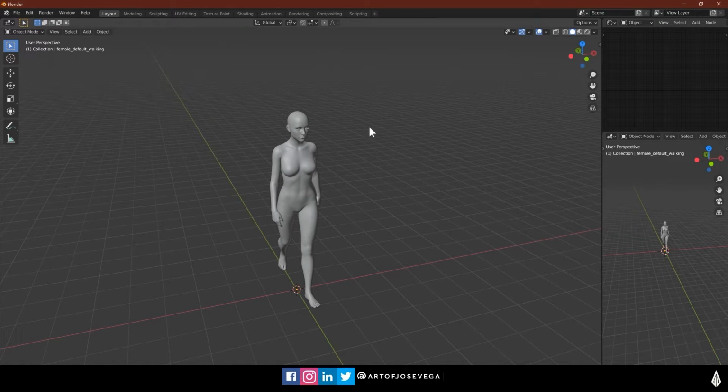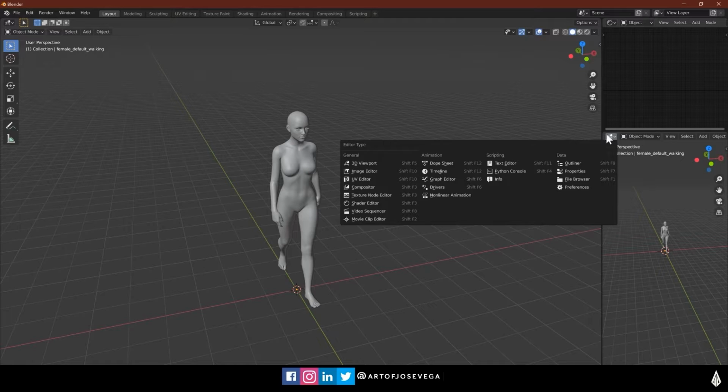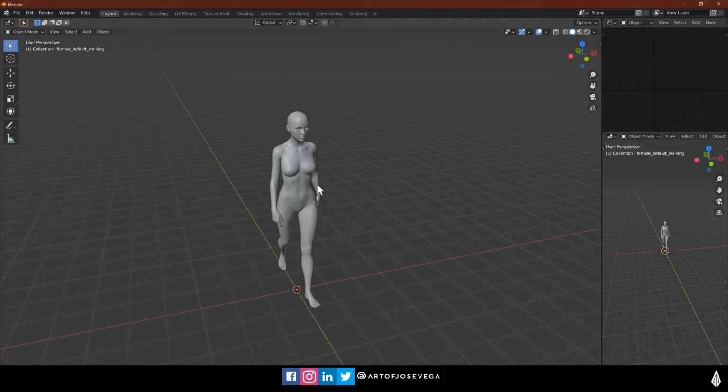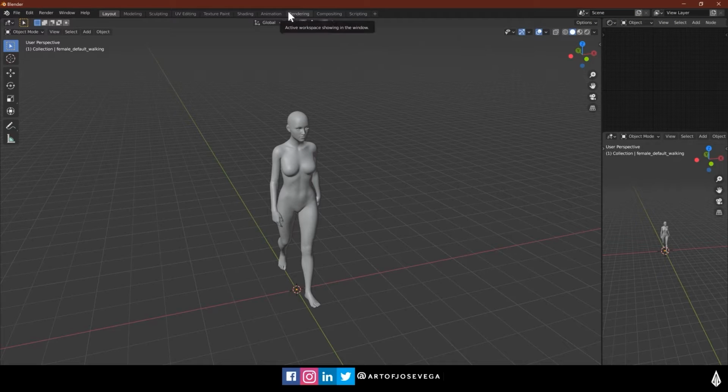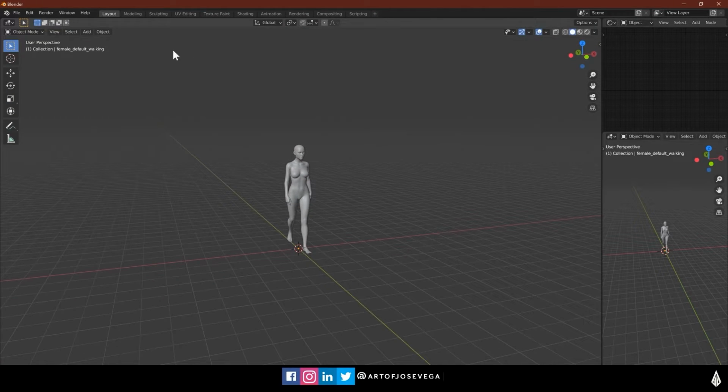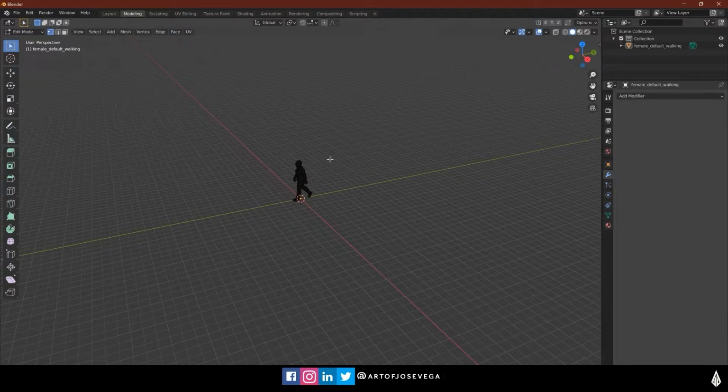You could have it however you want to. So you can change those by going through here and then moving them. But you also have these different workspaces, and by default in Blender these will give you a setup of a workspace depending on what you're doing. So this is like the normal layout one. If you're modeling here,